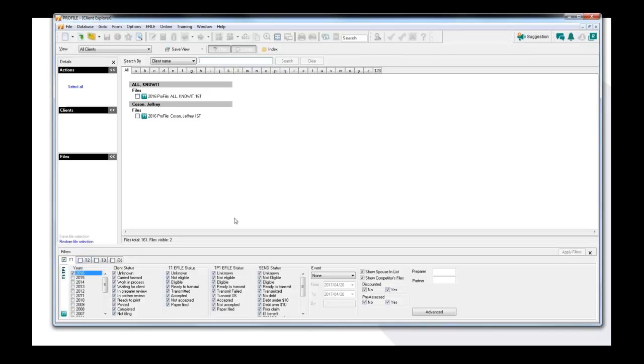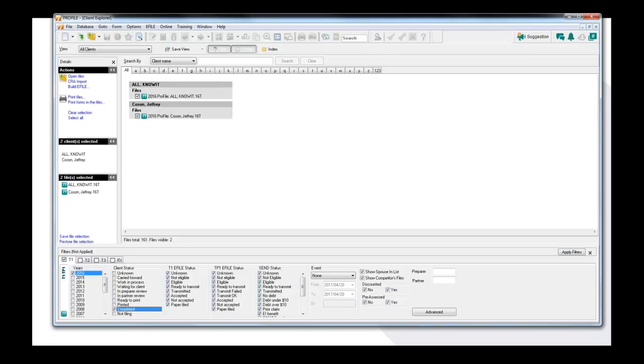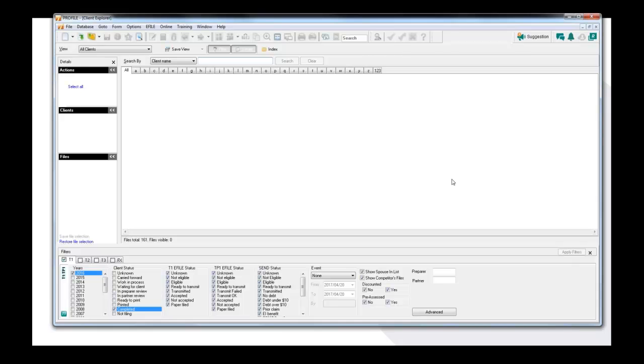I could also do deeper filtering by the client status, for example. I want to see, out of all these returns, which ones are completed. So I can just right click, clear all, completed, and apply the filter, and I have no returns that are completed. Okay, I'm going to uncheck that, select all again, apply the filter,